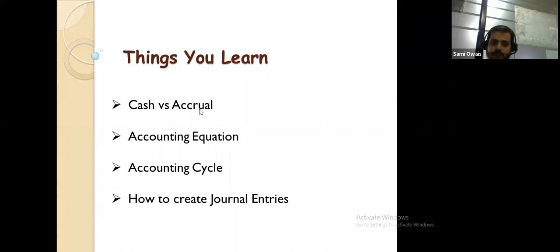There is something called GAAP, generally accepted accounting principles. All the accountants and experts sat at a place and decided to make some best policies. Then they came up with some rules and regulations which every accountant has to follow throughout the world. For that sake, we have US GAAP, and we have Indian GAAP. We may have Australian GAAP, but the famous ones are Indian GAAP, US GAAP, and the IFRS,